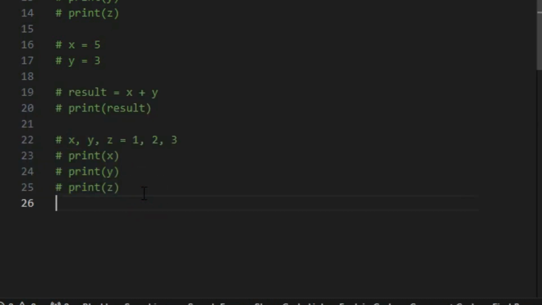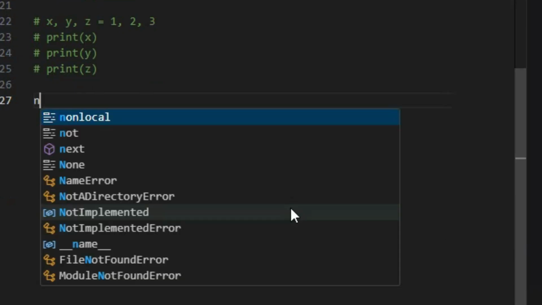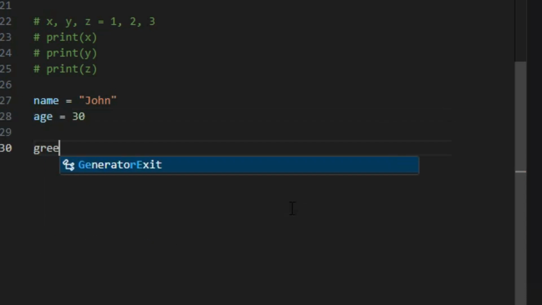Now let's practice the last example. For this, first we're going to create the variable by using name, and I'm going to pass the string value within quotes, John, and age is equal to 30. So greeting. In this greeting, I'm going to pass a text with these two variables. So the text is going to be hello,